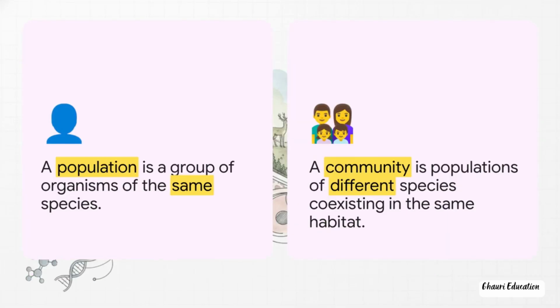And this nails the next step up. It's a super important distinction. A population is just one species, like all the squirrels in a park. But a community? That's when you bring all the different populations together. The squirrels, the oak trees, the birds, the insects. It's not just one family, it's the entire neighborhood living together.